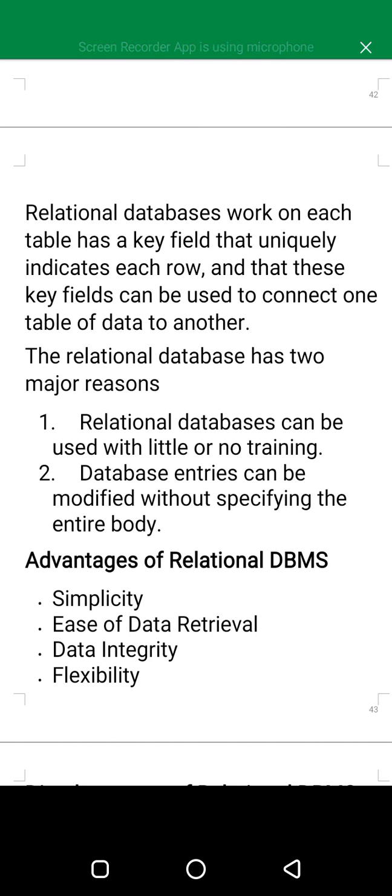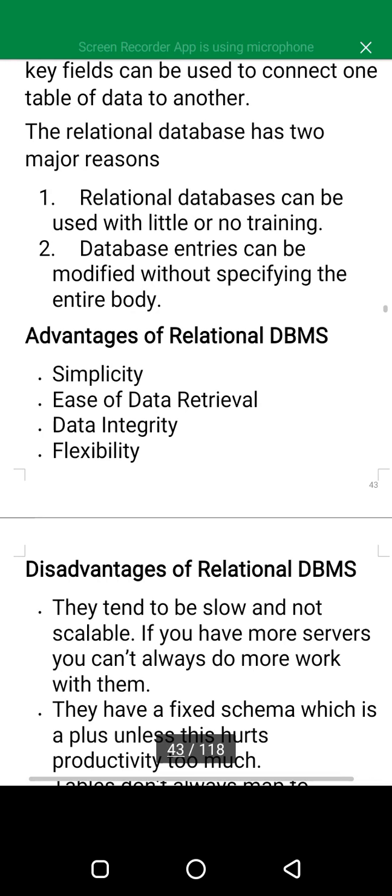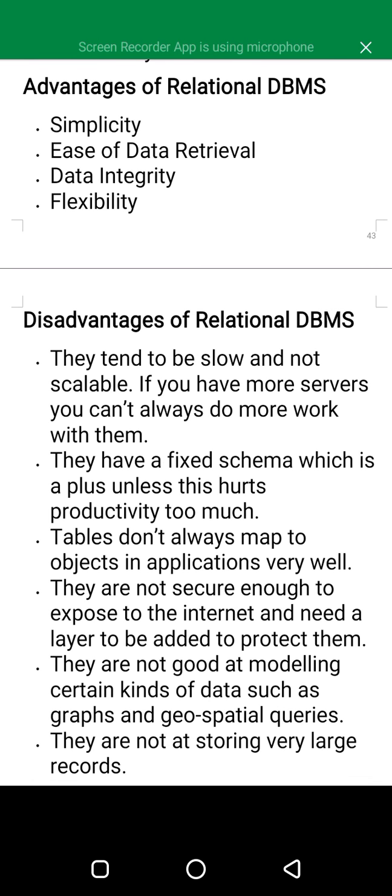We talked about it in the previous advantages of a database. Then there is also flexibility, since it is easier to change or to update some data in this model. Disadvantages.